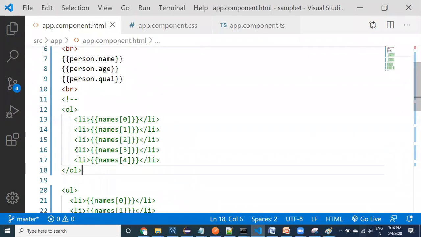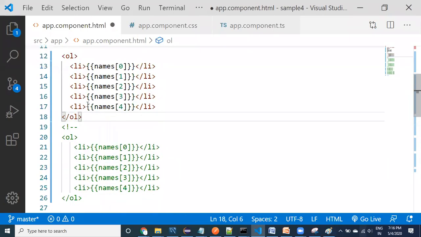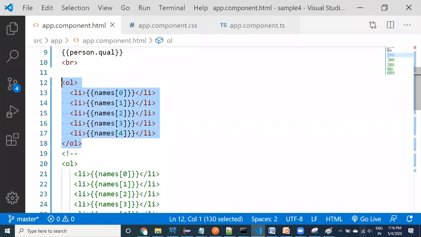I want to make it instead of a hard-coded approach. If I write like this, names of 0 we got, names of 1 we got, right? We can display these values 0 to 5 from the array. But I want to use a loop here.